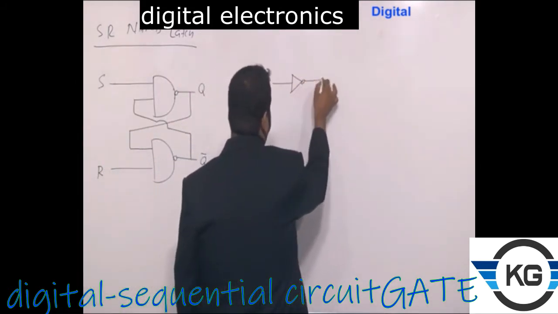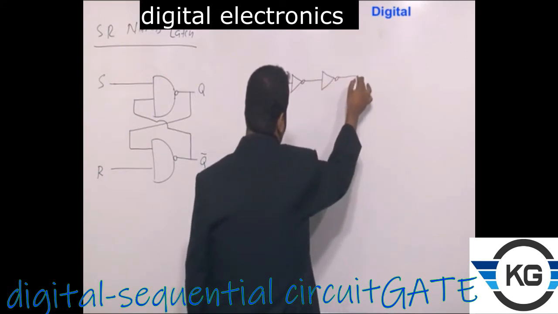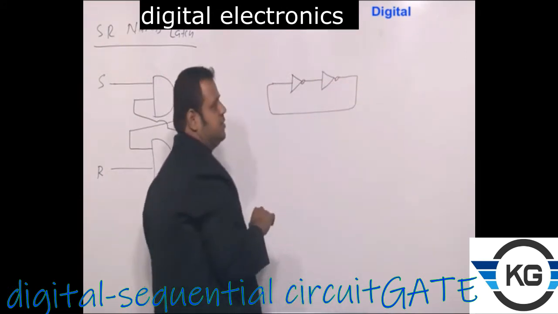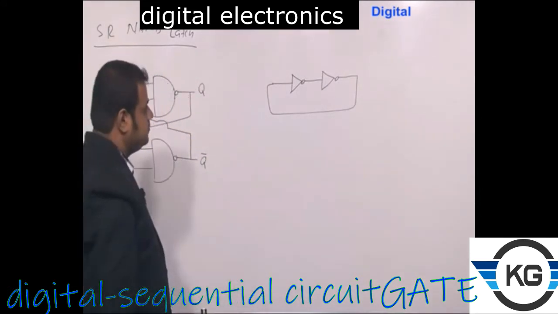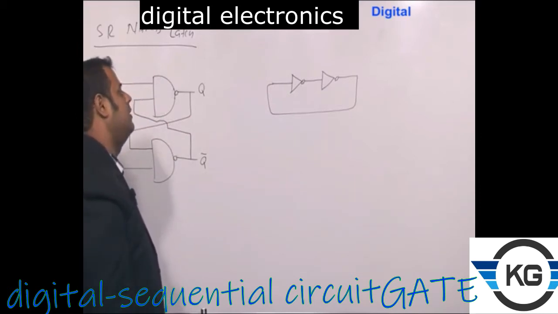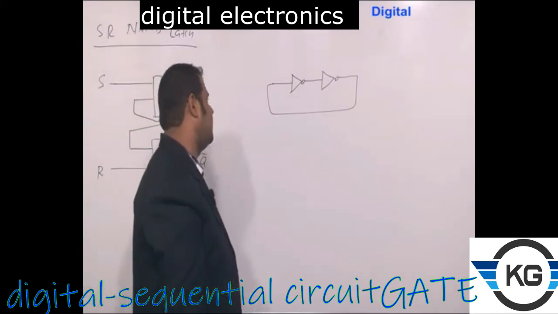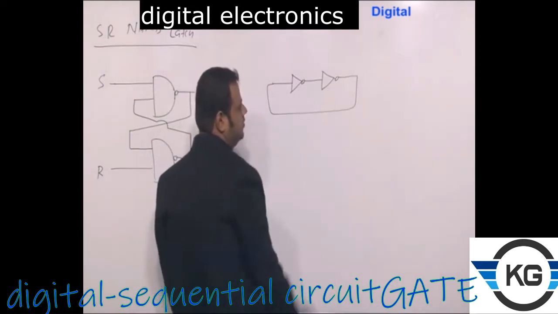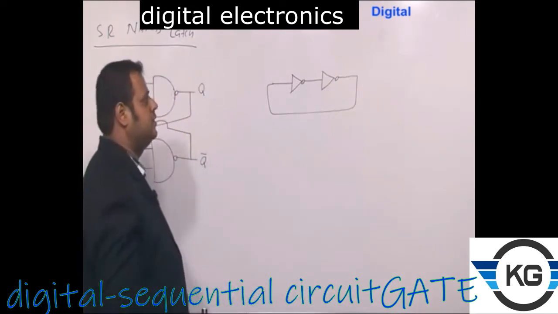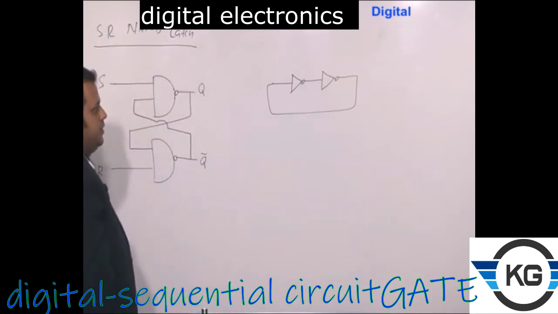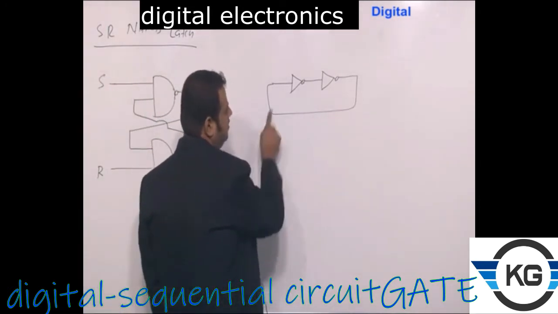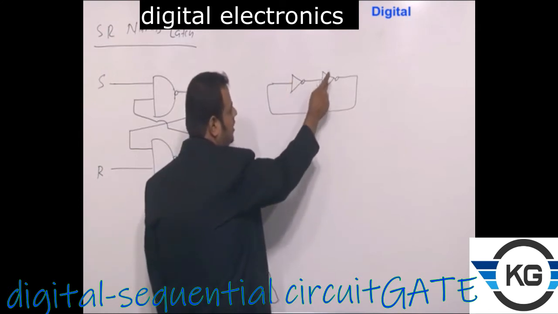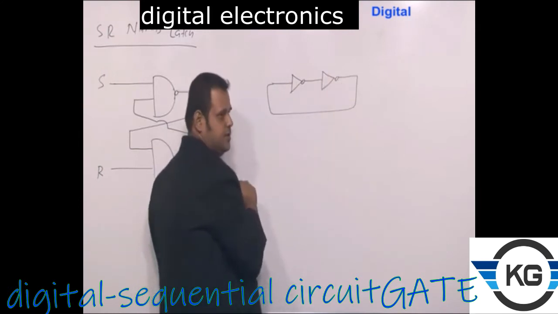Suppose I am considering two NOT gates in a loop. If you remember, this is the thing I have given in the logic gate chapters, where I explained that it is a bistable multivibrator. The analysis I did at that time is that if I assume the initial state 0, it will keep constantly maintaining 0. If you assume 1, it will maintain 1 only, right? But the thing here is that the output of one NOT gate is connected to the input of another NOT gate.